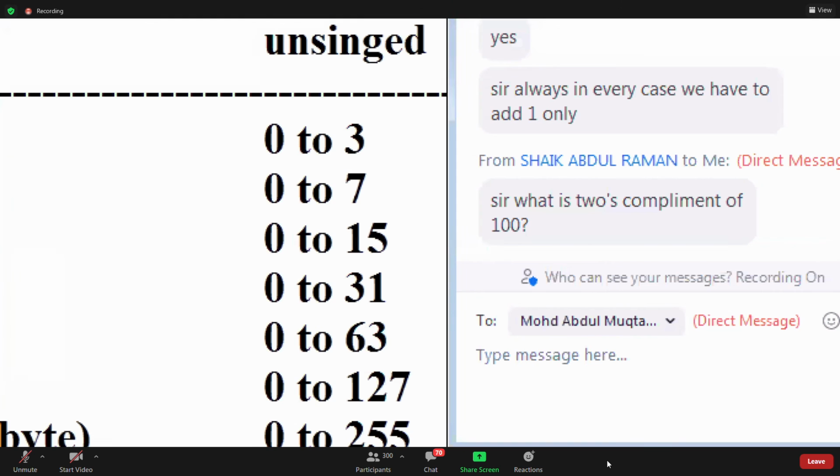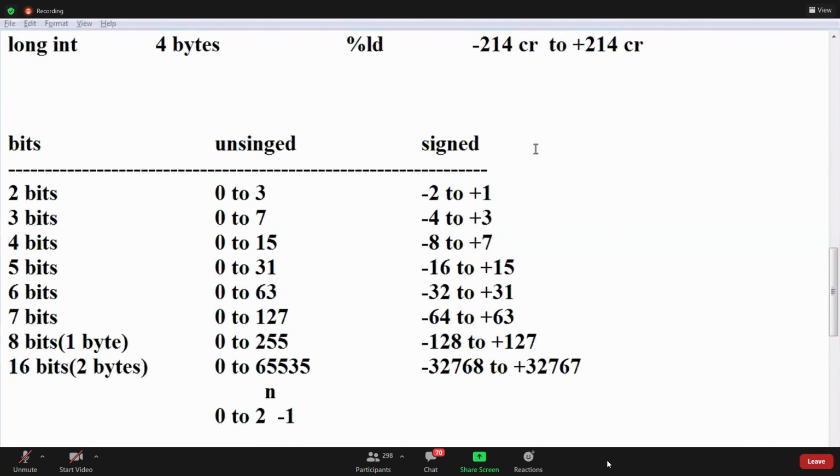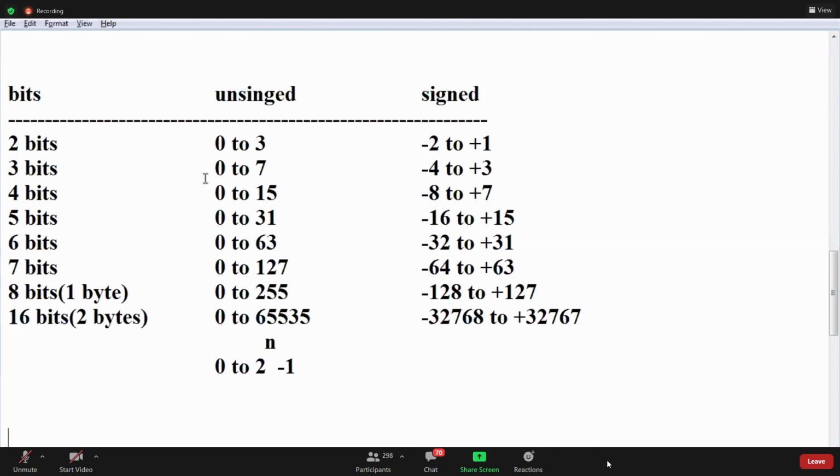You are asking for 100 or 100. For 100, 101 is the 2's complement. Okay. Yeah, this is right. These values, guys, for 2 bits, 3 bits, you should remember these values.